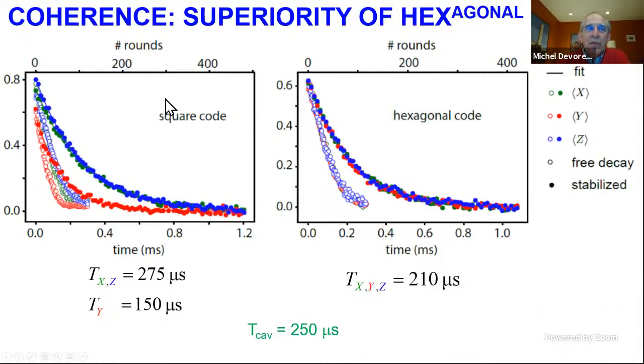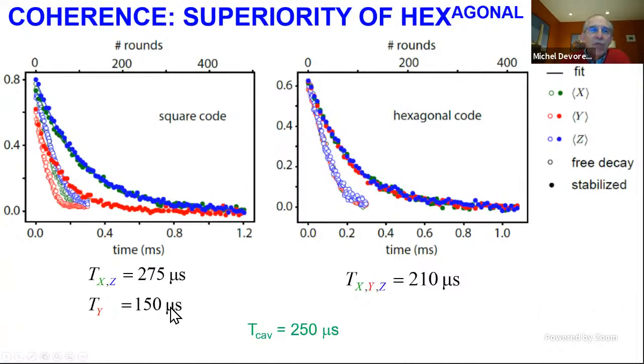They represent by how much you can correct errors. And we measure the correction of errors by preparing a certain state, which can be along X, Y, and Z. And then we remeasure sometime later the same operators, X, Y, and Z, in the free decay mode where we do not do any correction, and these are the white dots here. And as you can see, with correction, this is what we call stabilized here, you can see a nice separation of the X and Z operator measurement,